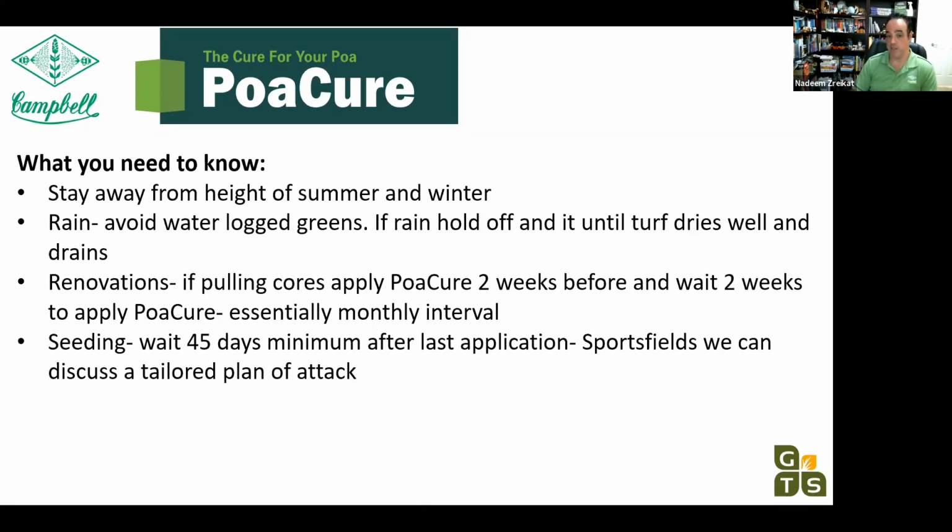And that's the other side of it, this is why we want to work with you guys to get the best results, because we know what happens in summer, we know what happens in winter. The product will still work, but the results aren't as ideal, and you can run into a little bit of issues. And the next part of it is all in regards to